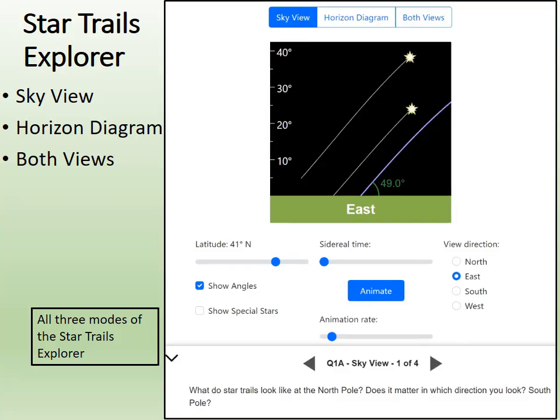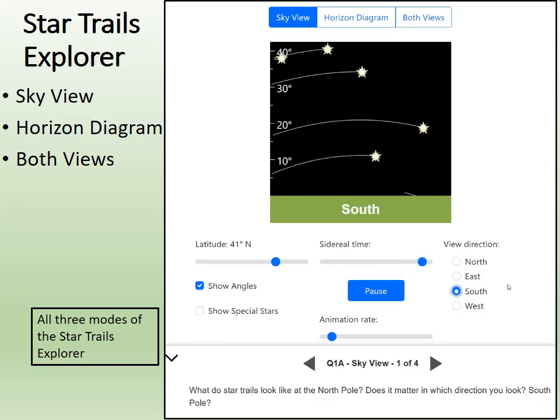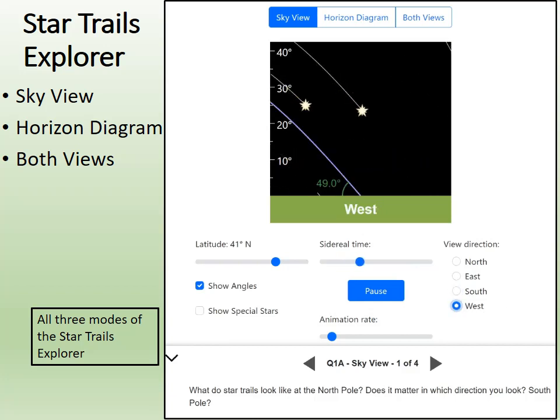Let me give you a short tour of the capabilities of the Star Trails Explorer. Note that this simulation package has two linked simulators, each of which can be used individually and then in combination. We start out in Sky View, which allows you to set an observer's latitude, show the sky looking in any cardinal direction, and then animate the motions of the stars. From Lincoln, Nebraska's 41 degrees, you can observe the stars circling the pole looking north, the lazy circles looking south, as the south celestial pole is below the horizon, and star trails making a 49-degree angle with the horizon in